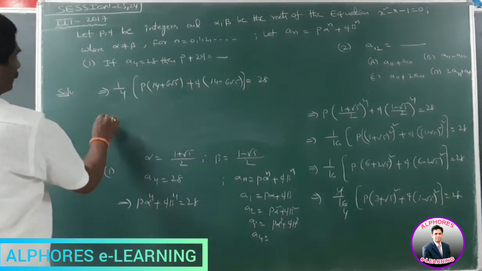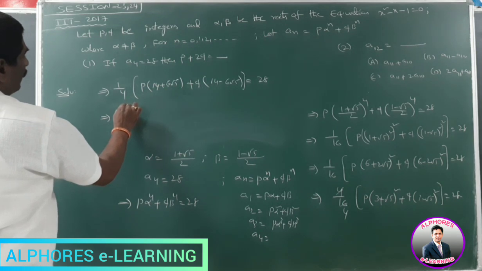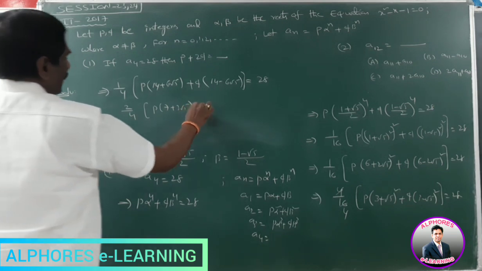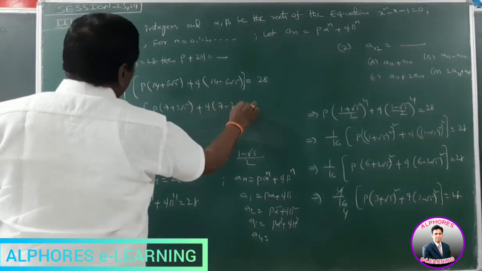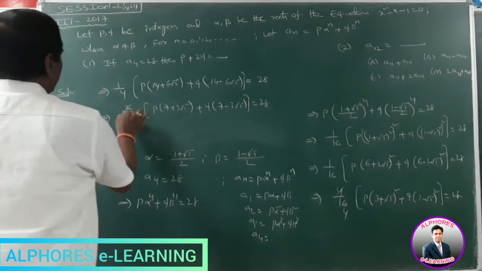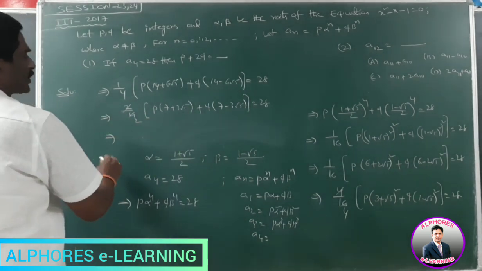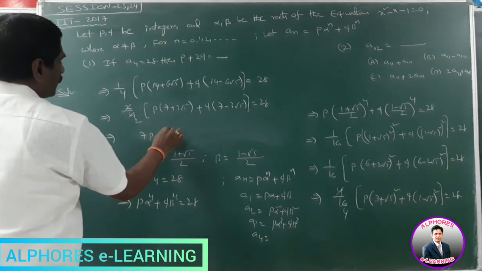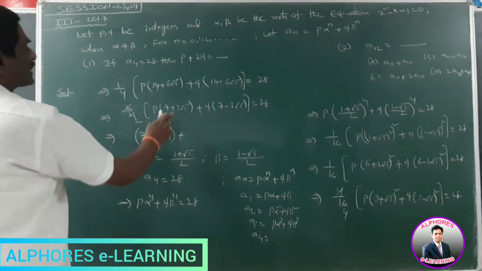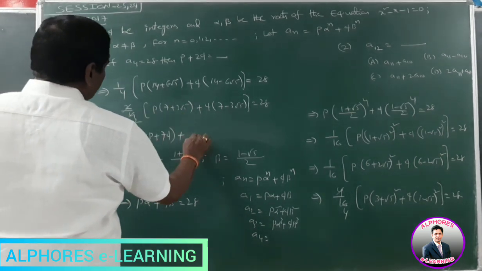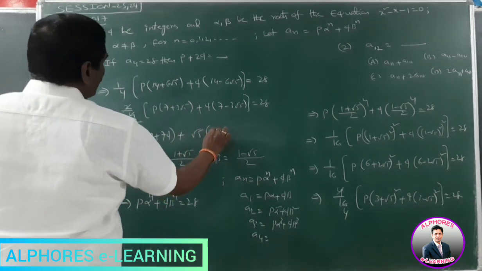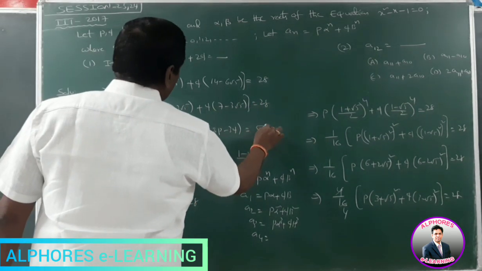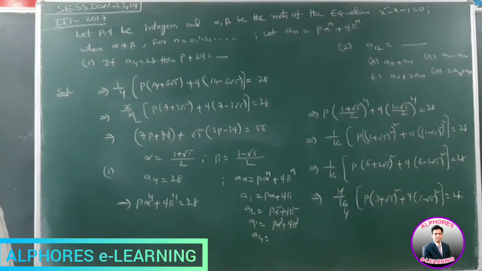Now 2 is the common term, and at the same time 2 by 4 of p of 7 plus 3 root 5 plus q of 7 minus 3 root 5 is equal to 28. Here 2 times cancel. After cross multiplication it can be reduced into 7p plus 7q. Next, irrational values, root 5 is the irrational term. Root 5 of 3p minus 3q is equal to 2 into 28 means 56 is equal to 56.